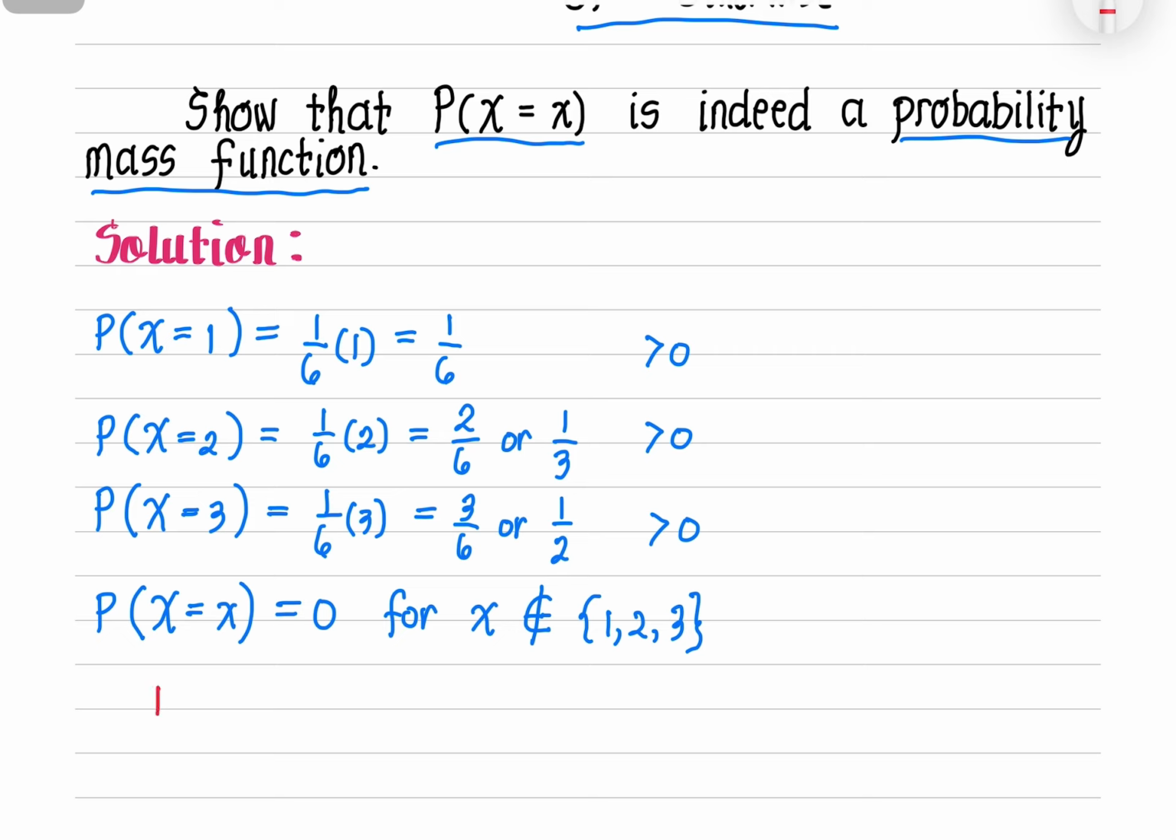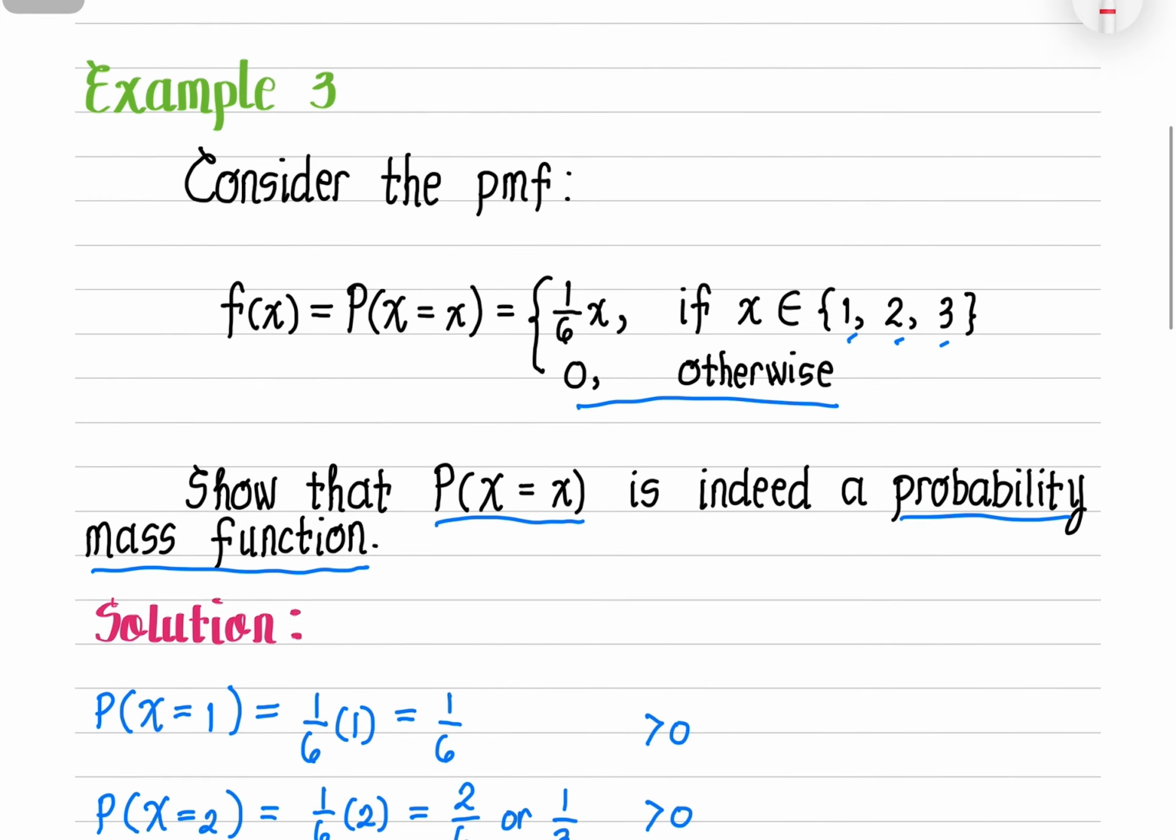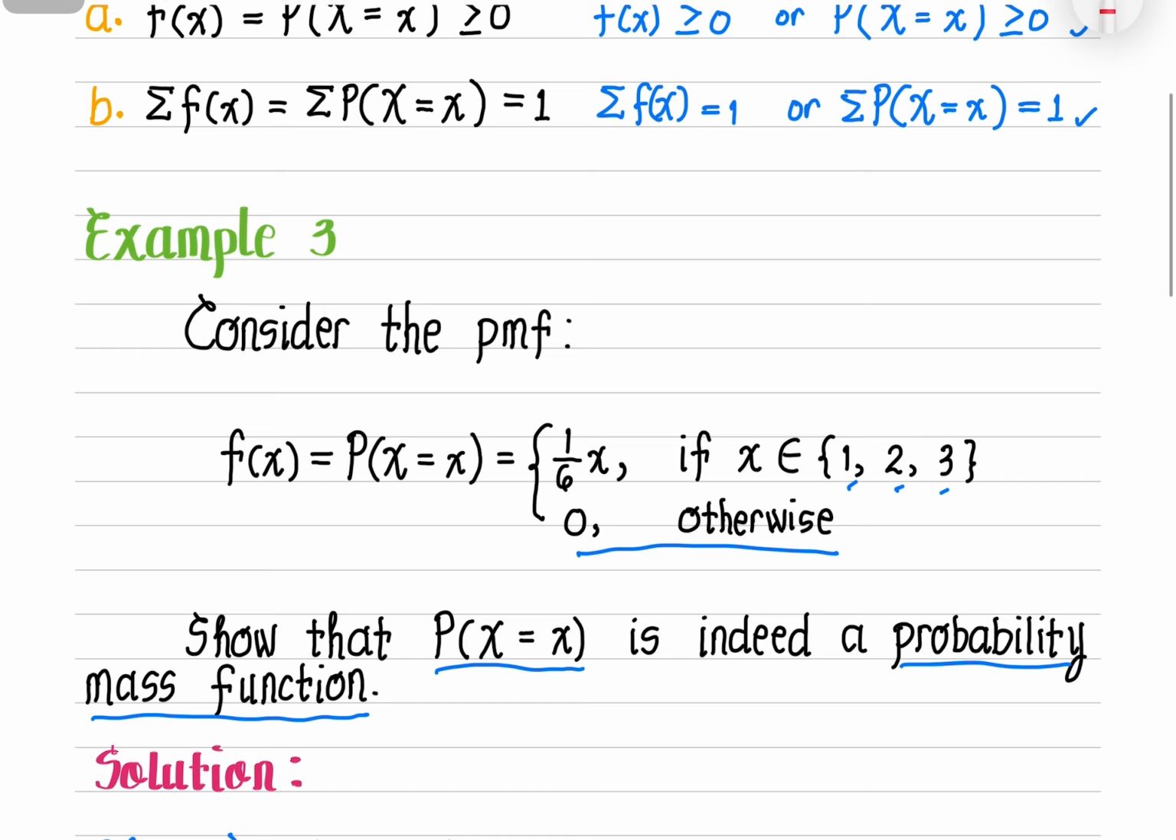Okay? So, dito, the probability of X equals x is greater than or equal to 0. Okay, ibig sabihin na-satisfy niya yon. Gets? So now, i-prove natin yung second property, which is the summation of each probability must be equal to